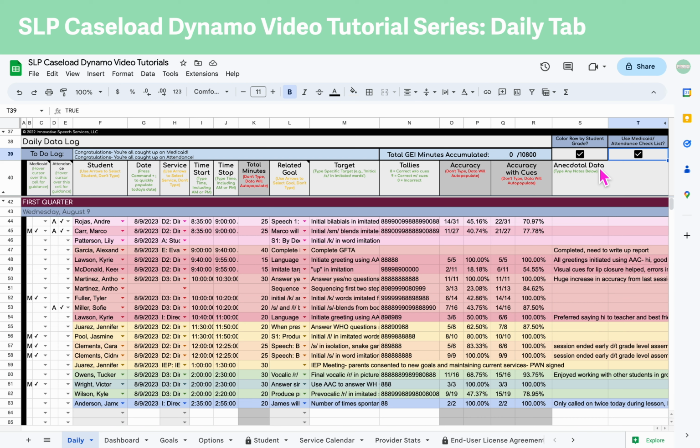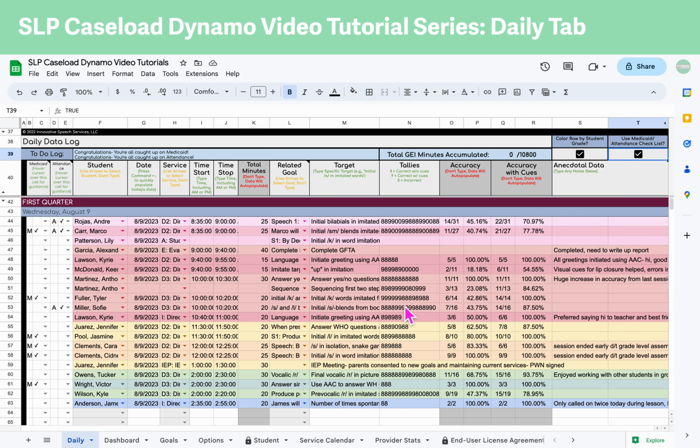So now that you've seen what a completed day of data collection looks like, we're going to walk through the steps of setting up your treatment plan for the day and entering the student information and data all on the Daily tab. To begin, set up your first data collection day by ensuring that you have the correct quarter and